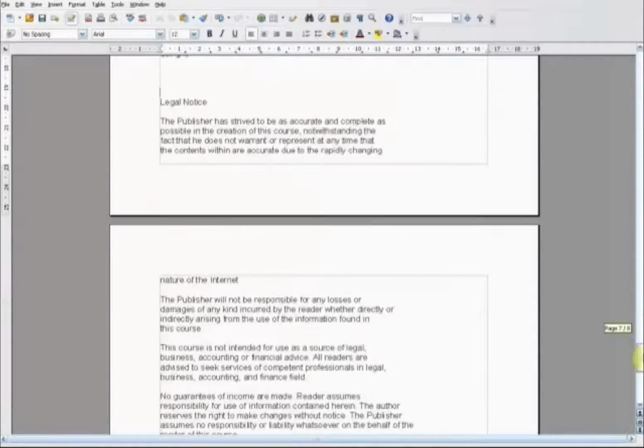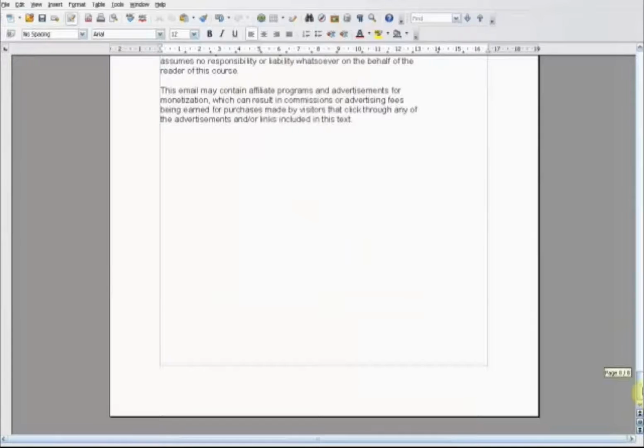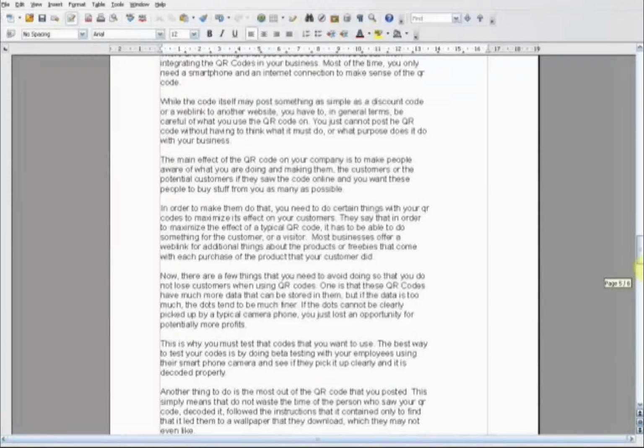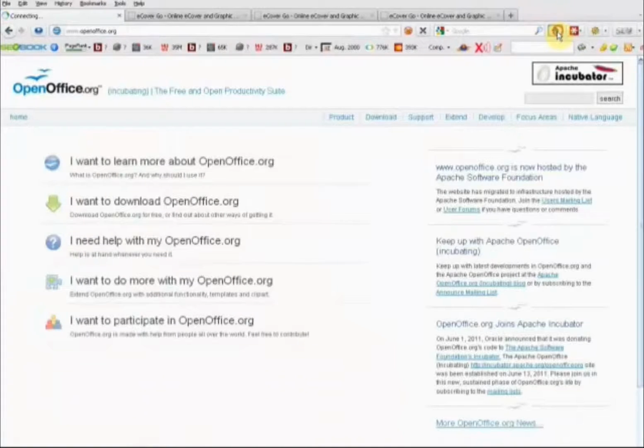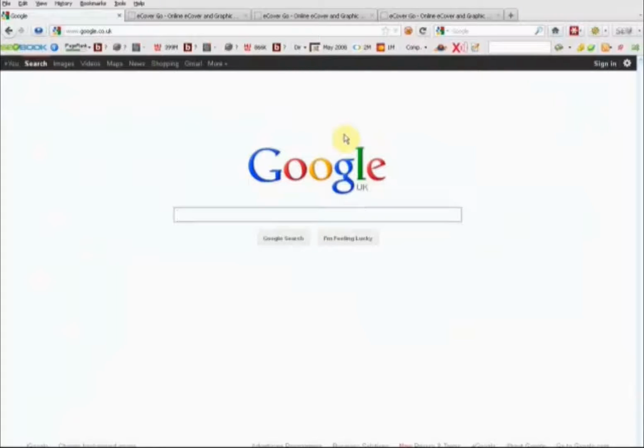I think it is. So I've gone through and taken out all references to autoresponders and what have you. What we're going to do now is start adding our graphics. In terms of free graphics, if you don't have any to hand and you want to get some, a quick and easy way to get graphics for your reports and ebooks is to go to Google and put in a search for